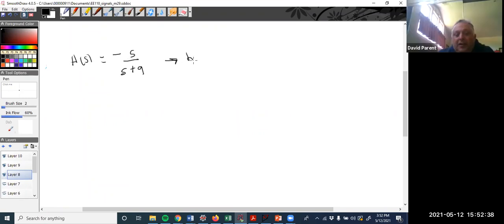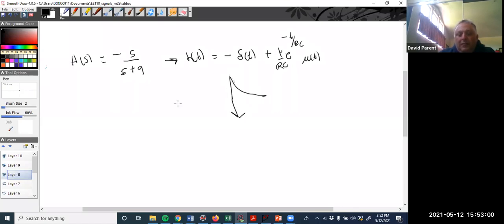What that would look like is minus delta(t) plus 1 over RC e to the minus t over RC u(t), which would look like this. The magnitude would look the same, but then the phase